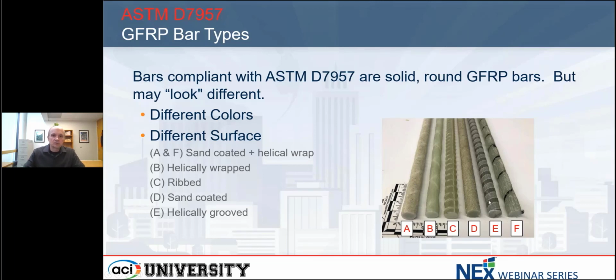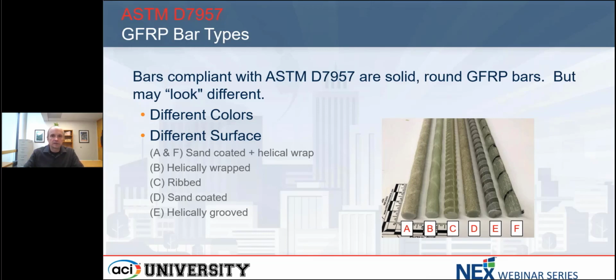So there might be different colors of bar, there might be different surface treatments, but these do all conform to the ASTM spec. The ASTM specification does have minimum bond strength requirements, so all these bars have to meet that, and they do that with different surface treatments like ribs or helically wound fibers or grooves that are cut in the bar. So they may look a little bit different, but all of these do meet the ASTM spec